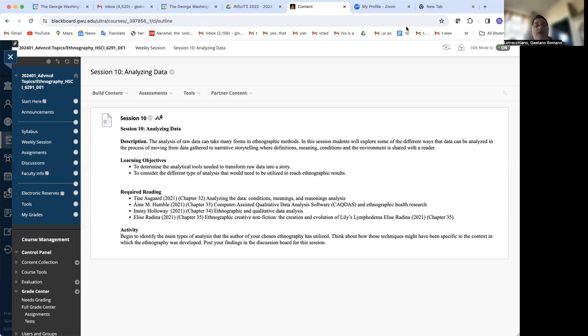But as you'll see in these chapters, it's making that move, and there are really a lot of different techniques. And remember, ethnography is equated with storytelling. And you're going to have some instances in these chapters where they're going to show you how you would write a case, for instance, but then how that case can be retold in a way that is much more